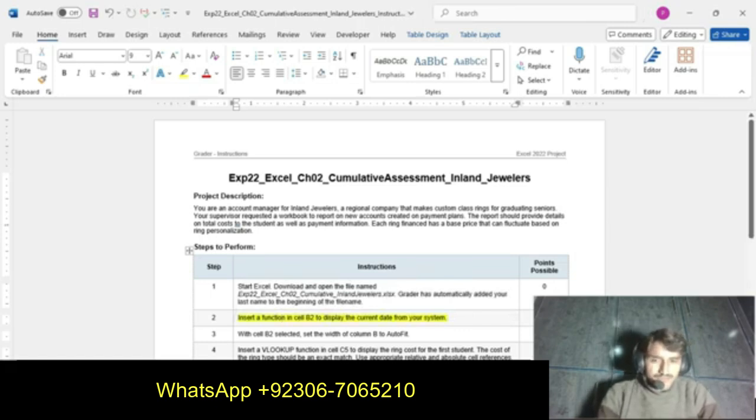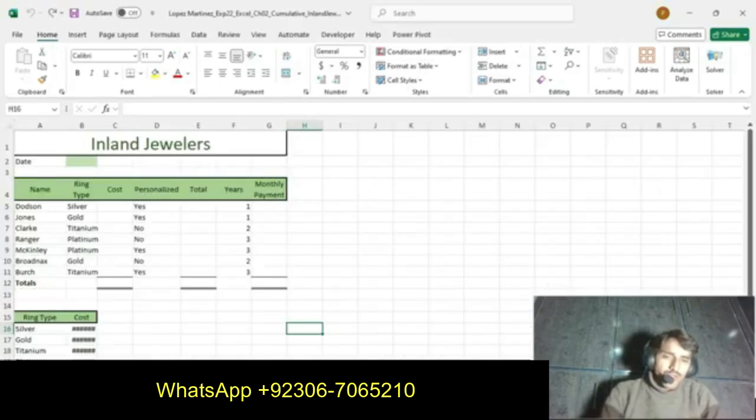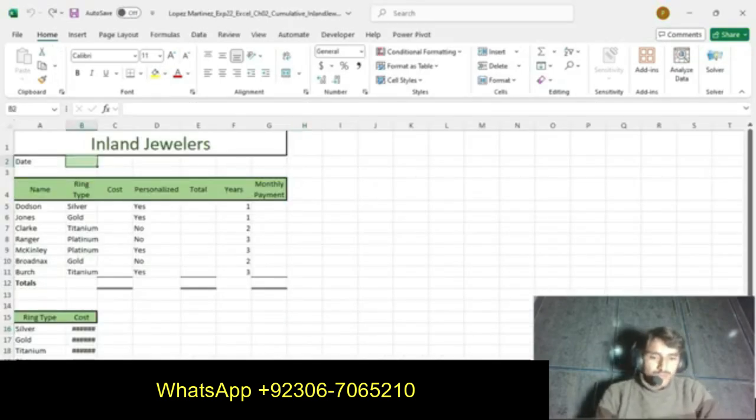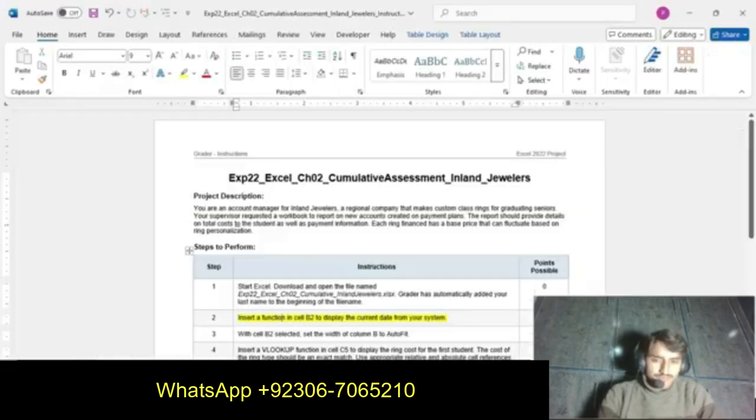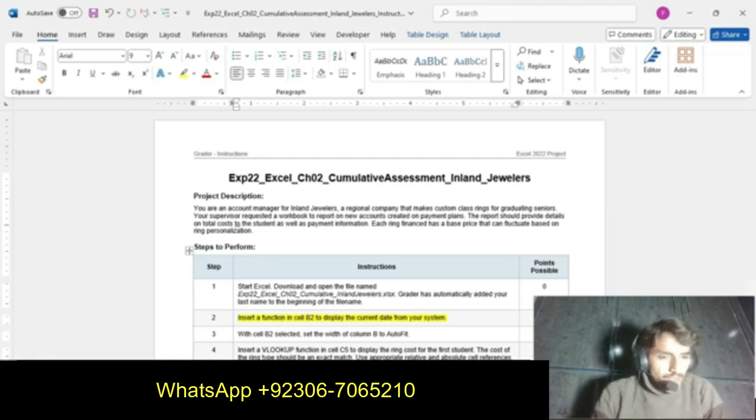Insert a function in cell B2 to display the current date from your system. So first we go to cell B2 and press the equal sign. Next it says display the current date from the system. So we use the function which will give us the current date.